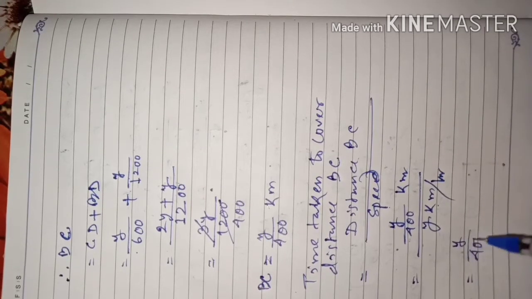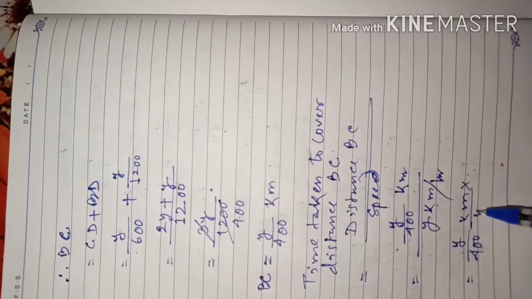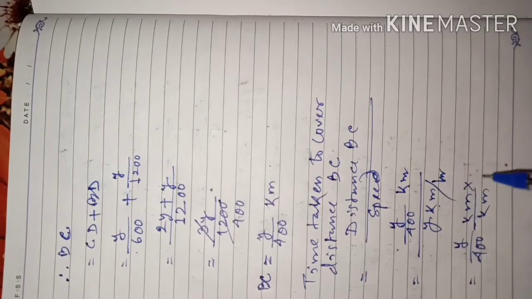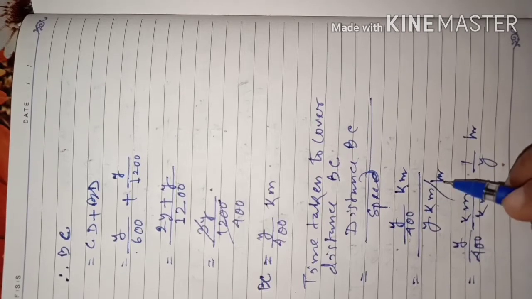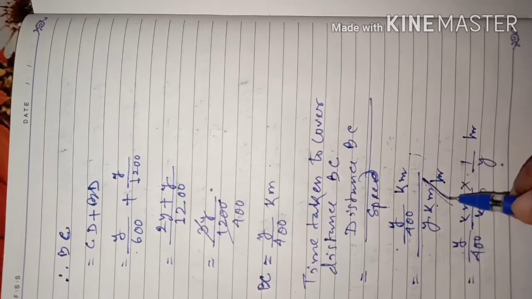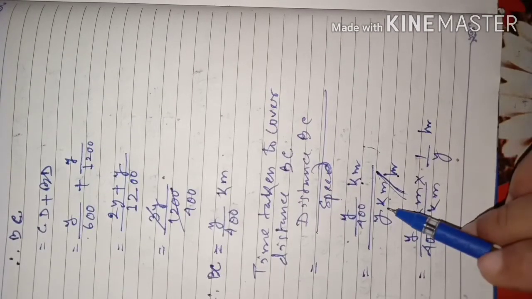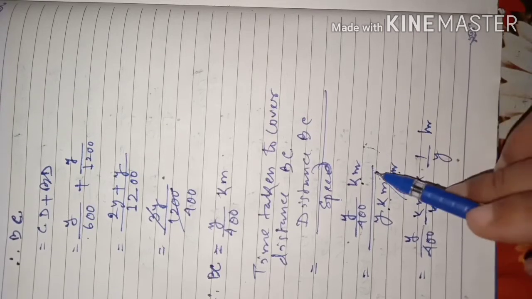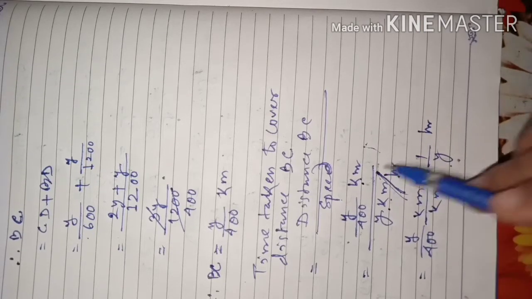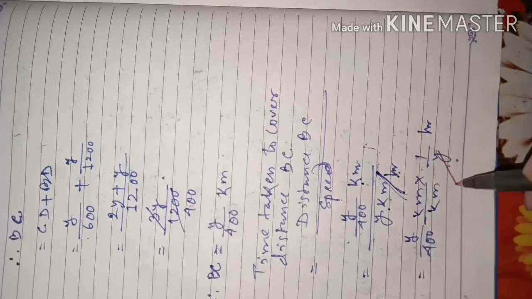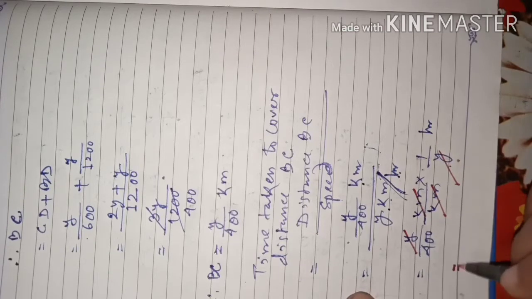Y by 400 kilometer into, kilometer will get cancelled below, also there is one more kilometer, into 1 by y hour. This word hour will go up because this is a divide sign. You understand what it is, students? This is kilometer, below kilometer. This word hour will go up because it is another divide sign. But this y will remain as a denominator because this is a divide sign. So now you can understand, we can cancel the y. Kilometer also will cancel. Hour, in seconds you can write, 1 by 400